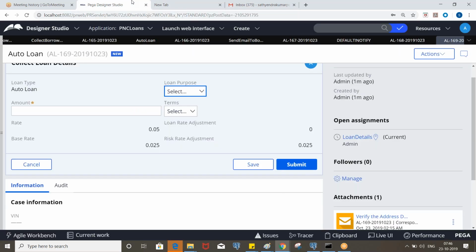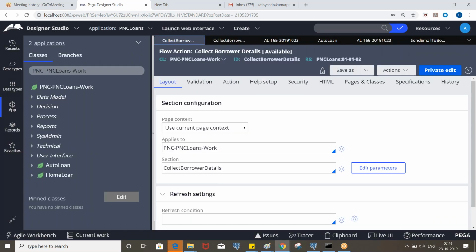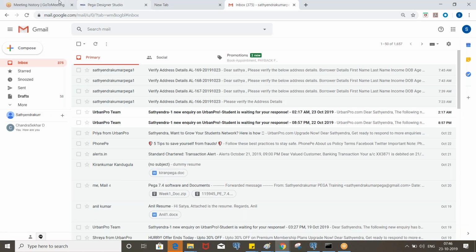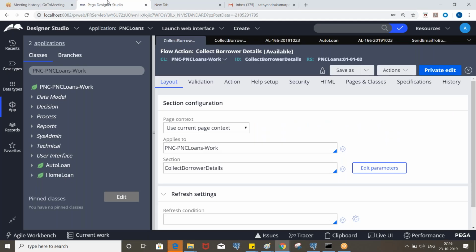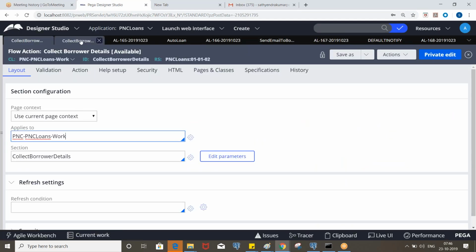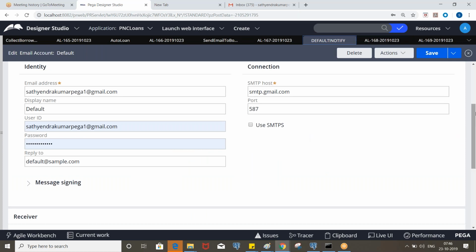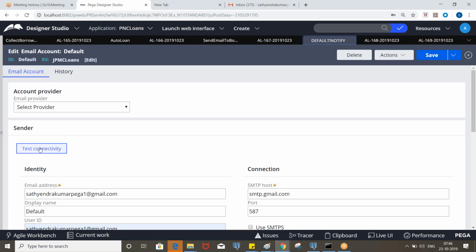What we can do is check the default account here. It will read from the default actually. Yeah, so let's see here. Let's click on test connectivity.